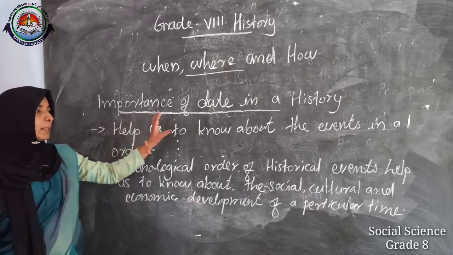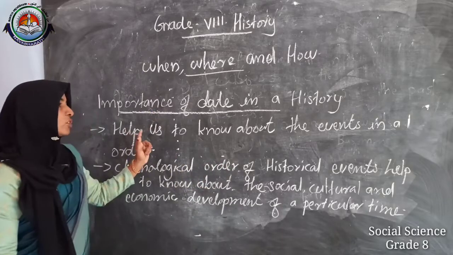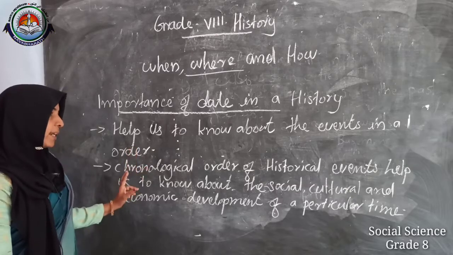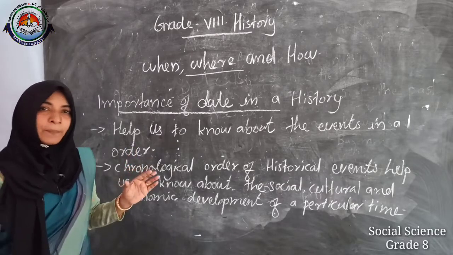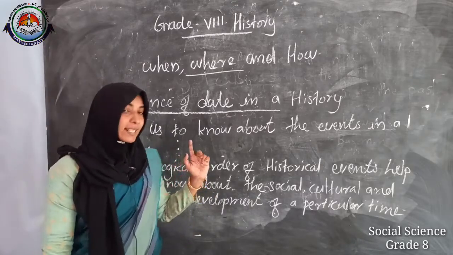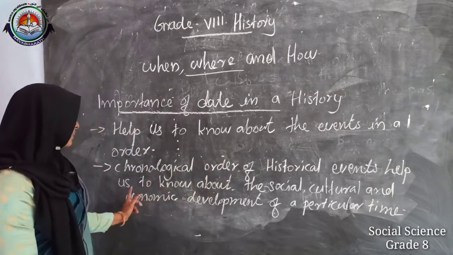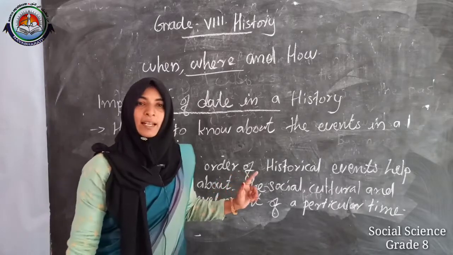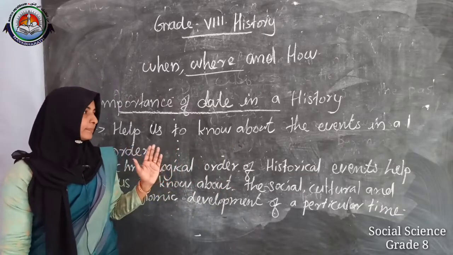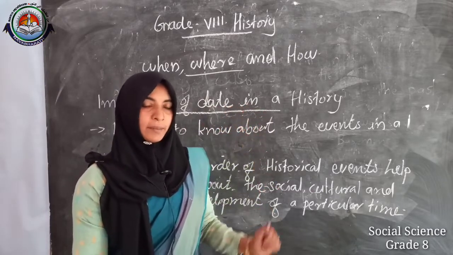Listen, importance of date in history. Dates help us know about the events in an order. Moreover, we are arranging the history in a chronological order. That is why the chronological arrangement of historical events helps us to know about the social, cultural and economic development of that particular time. These are the importance of a date in history. Next,